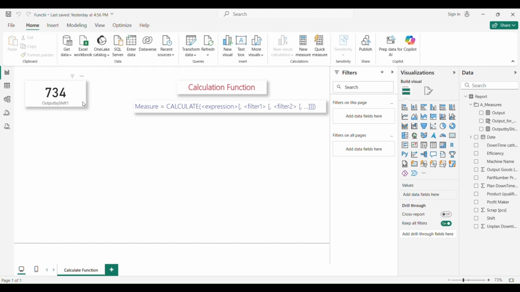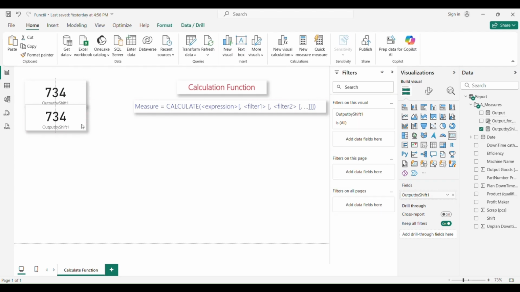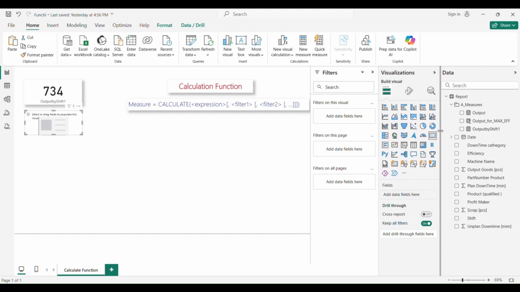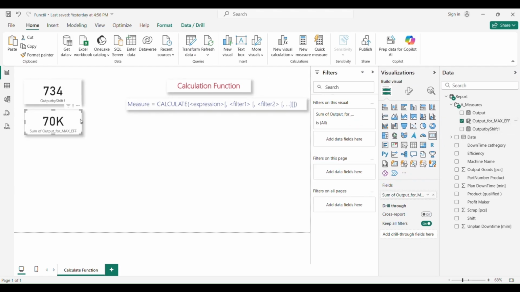And now we can just build a new card, copy paste. Okay, just put the initial one. And here is our measure. So for the maximum efficiency we have 70K.